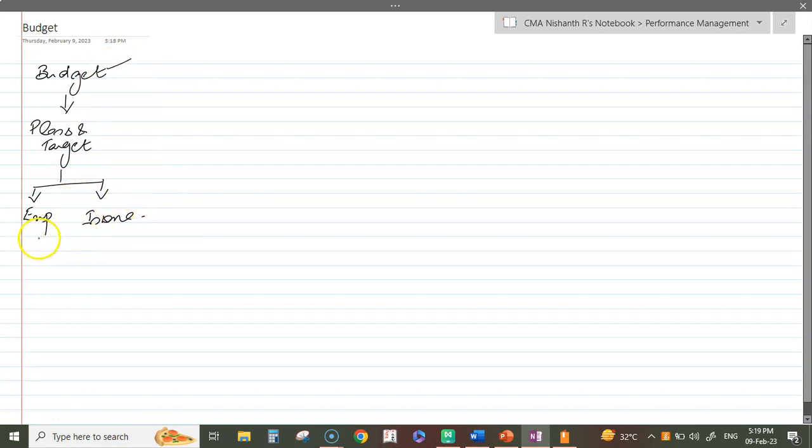So it goes without saying this is an item of planning. Whenever there is a plan, there is a term that always goes along with the term plan in management accounting, and that is control. Planning and control go hand in hand. I'll tell you how.